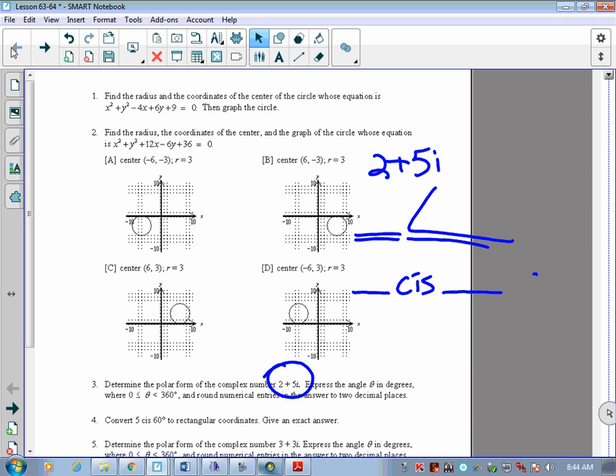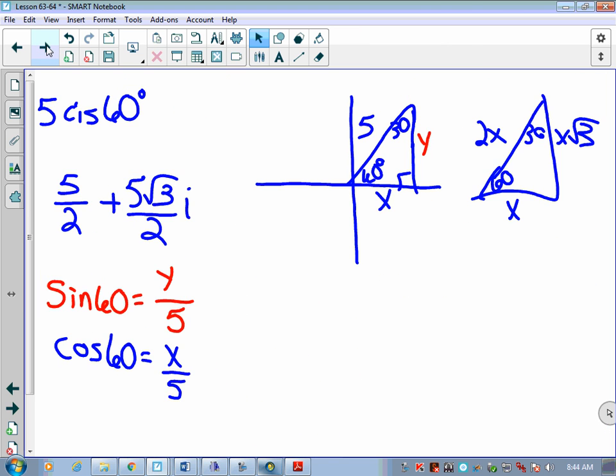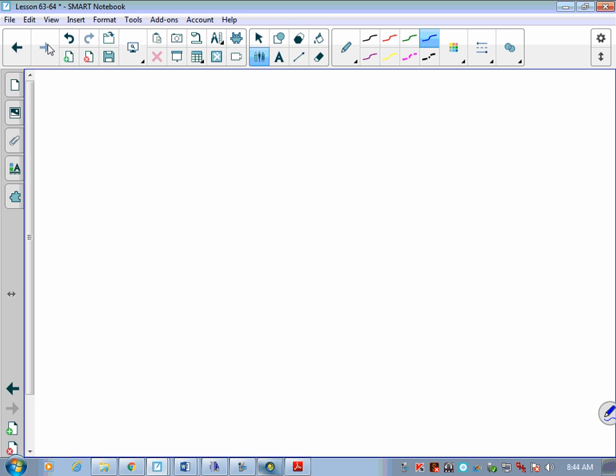Okay? 5, and I know this kind of gets cut off here, but it says determine the polar form of the complex number 3 plus 3i. Express your answer in degrees. So I kind of want to see how well you guys do at this. Okay, we have